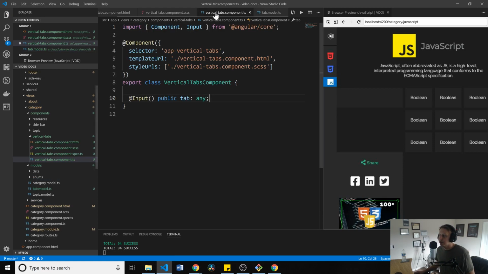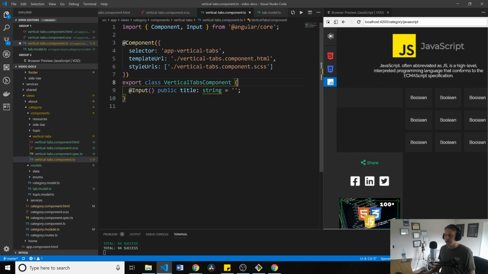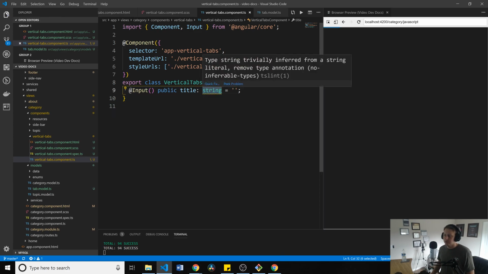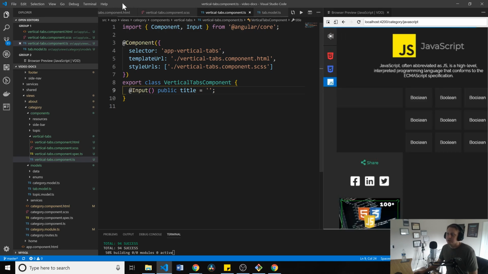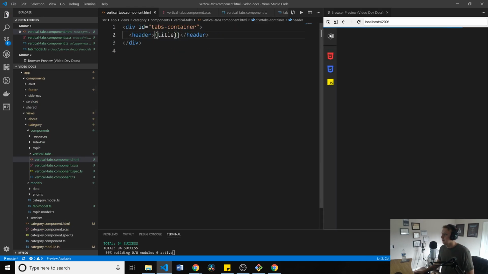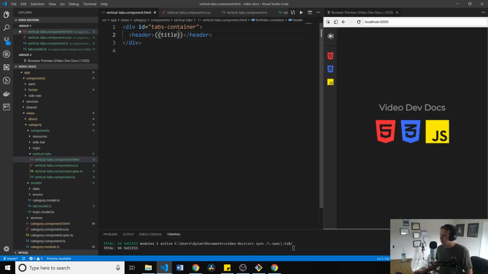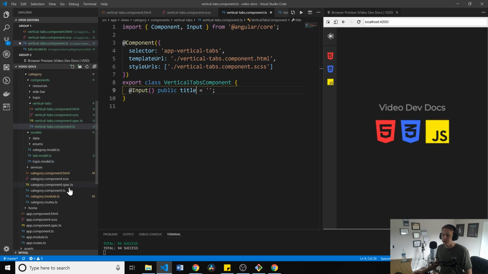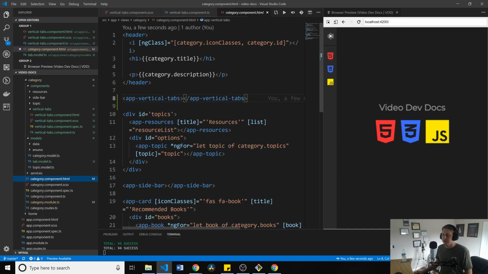Okay, so actually, this will be title. This will be a string. We'll initialize this to be empty. And then in here, pass in title. And then in our category component.html,